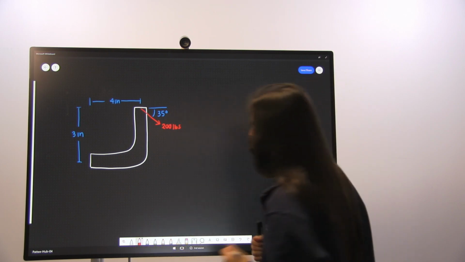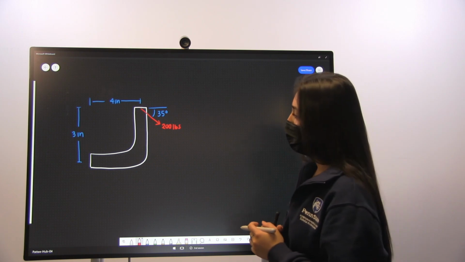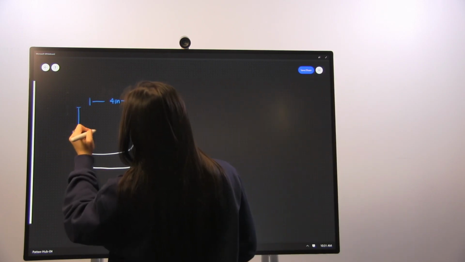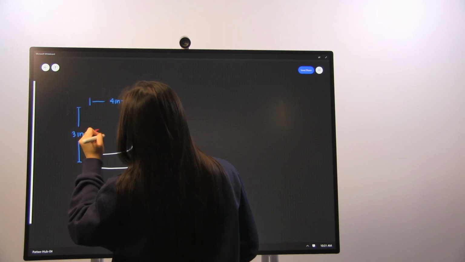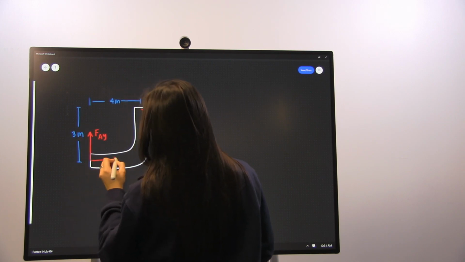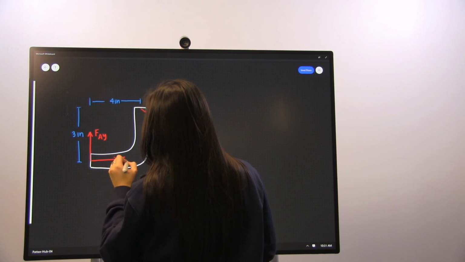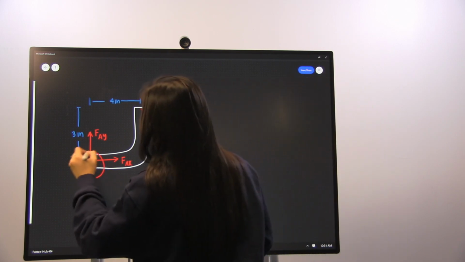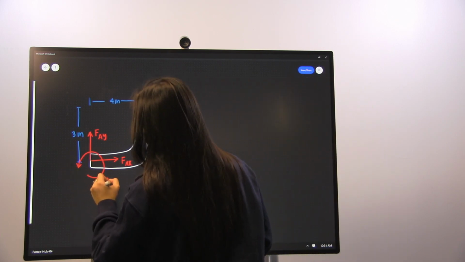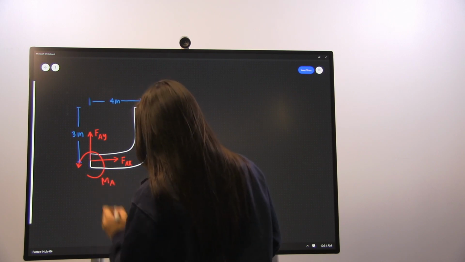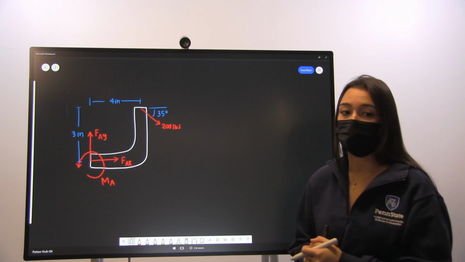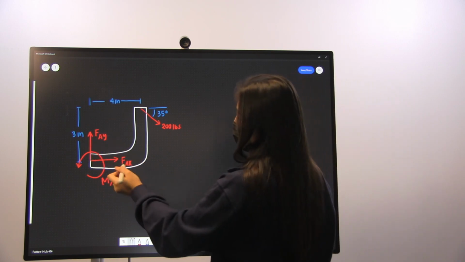And our first step is going to be to draw our internal forces and moments. So at point A here, we have a force in the AY direction. We have a force in the AX direction, that is at point A in the X and Y directions. And we also have a moment about our point A. Our next step is going to be to use our equilibrium equations to solve for these values, FAY, FAX, and